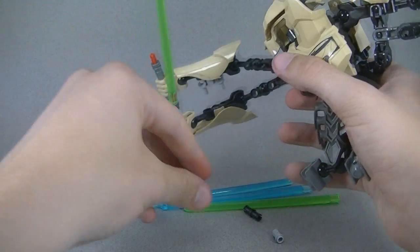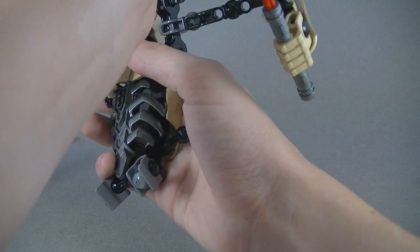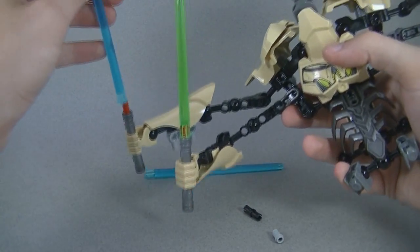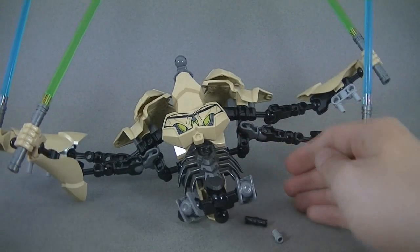Yeah, okay, so the green ones go here. Oh, they aren't. You know what? When I was playing with them earlier, I didn't realize they were kind of rubbery. I don't know why I thought they'd be anything more or less than that, but there you go. All right, okay, now this isn't even